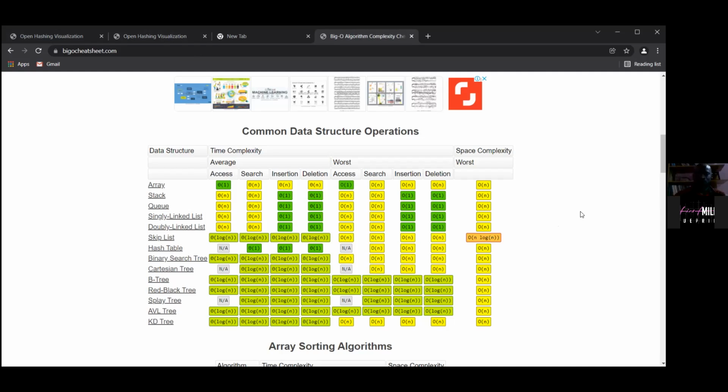So when you look at this, like I tried to say the other day, if one is building an application that is going to search through some data, in the case of an array, search is O of n.